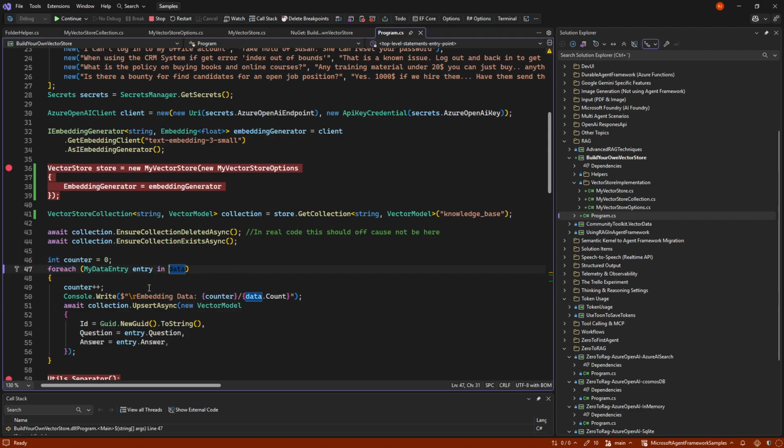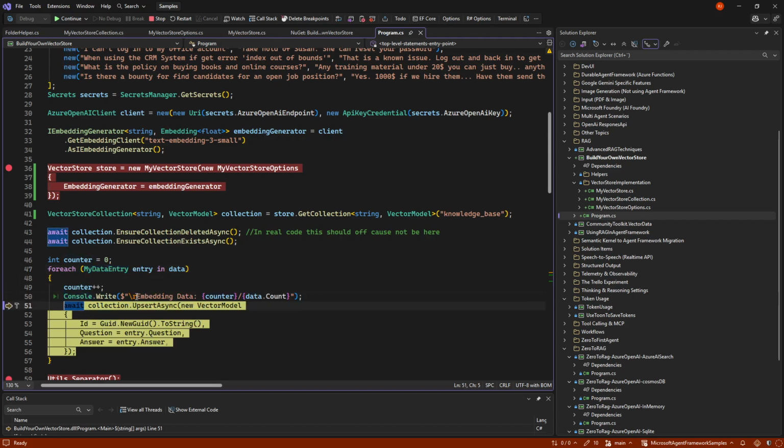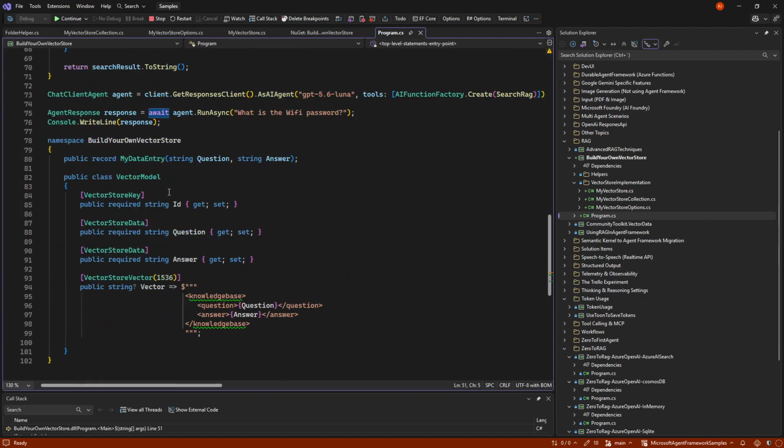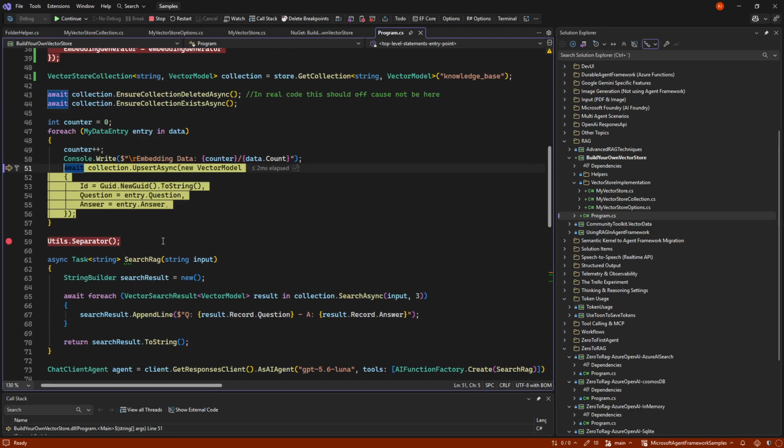But now we're going to go to each of our embeddings here. So when we do our embedding, we of course make our model. So again, we have the ID, question, answer, and the vector, which is built up of this. And we're just giving it an ID, and we are doing the upsert, meaning we either insert or update.